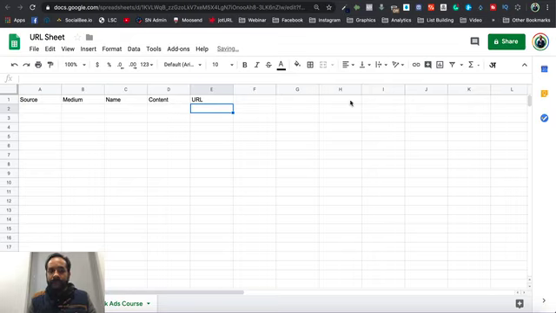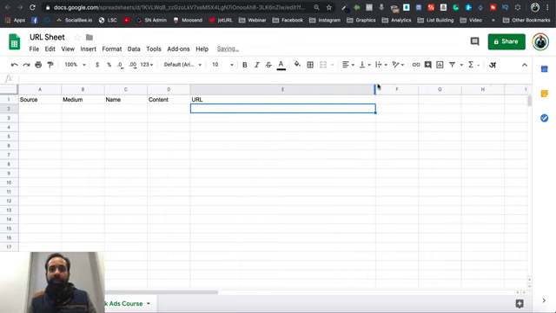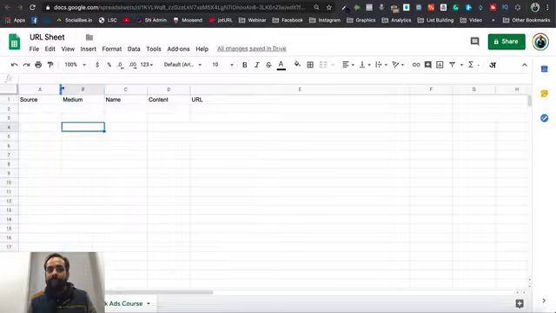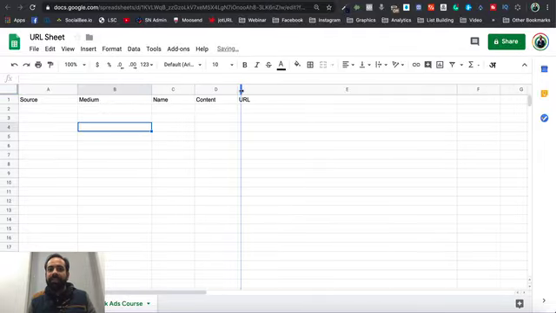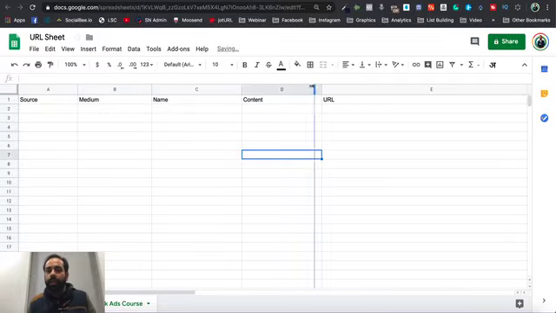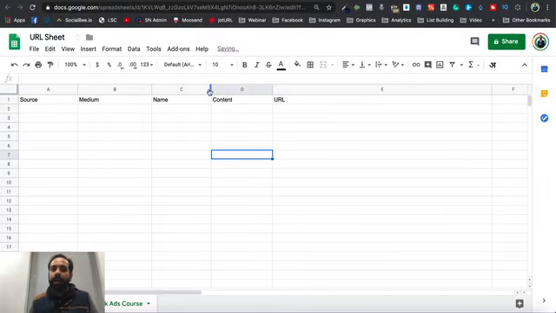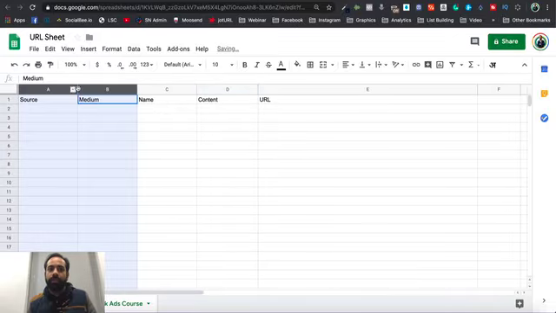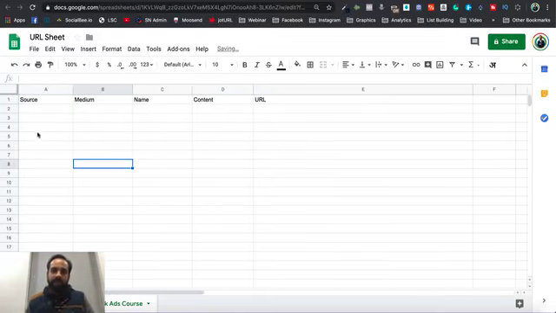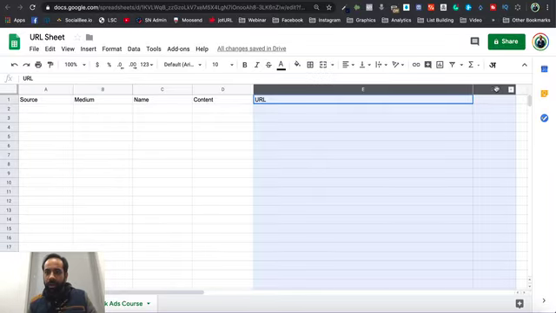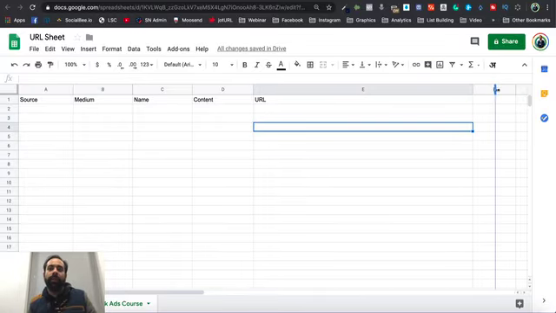Okay, so now why are we making this? So that if tomorrow we need to reflect back on which source, what happened and what exactly that source was, you may not remember everything, right? Or somebody else may be doing it. So how will you find out exactly from which particular URL the conversion came from, and what source it was, what medium it was, since the naming has to be done properly. So when you're doing naming, make sure your employees are using this sheet and filling up all the parameters